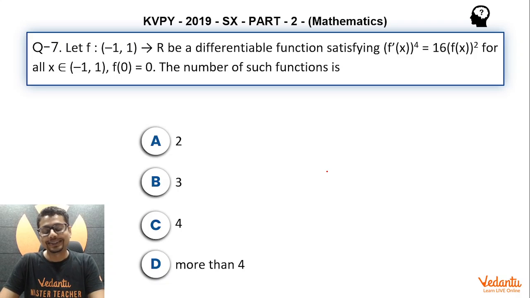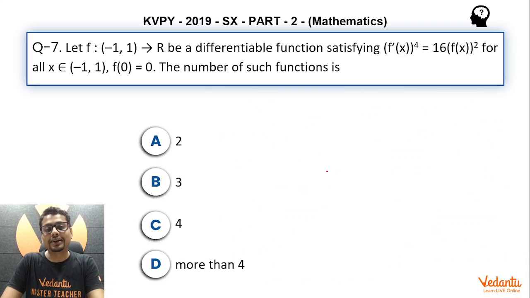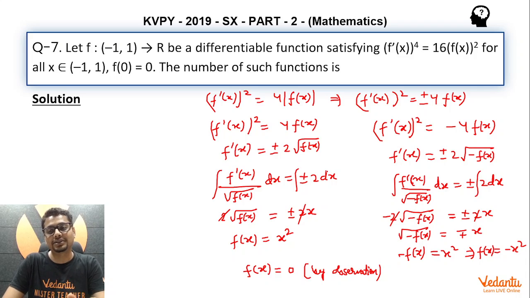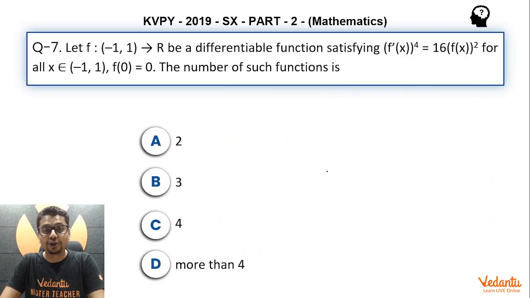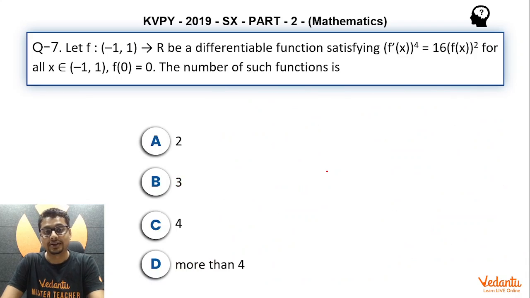Now, interestingly, this question is very interesting. Why? Because even if you were able to find f of x equal to x square and f of x equal to minus x square, first of all there may be confusion that there should be a unique solution, but none of the options is like that. Secondly, once you find f of x equal to x square and then f of x equal to minus x square, you may feel 2 is the answer, but that's not correct. Now, you may think that for the first half of the interval and second half of the interval, you may take x square or minus x square, and there will be a total of 4 combinations. But 4 is still not correct.